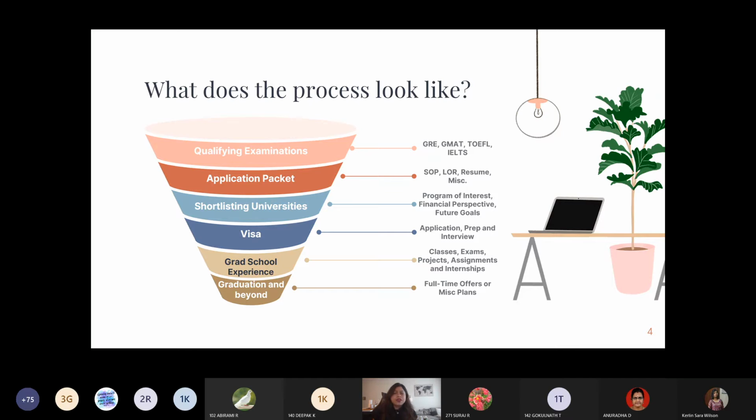Some of them require 4. So the standard is 3. I would recommend you have 2 LORs from your professors, and then 1 from your manager. If you did not work before coming here, I'm pretty sure you've done internships, so any supervisor that supervised you would be great. Friends கிட்டலாம் வாங்க முடியாது. It should be a supervisor or a professor. So 2 academic LORs from your professors and 1 workplace LOR from your manager or supervisor is the way to go, and it's gonna stand out in every possible way if you do this.